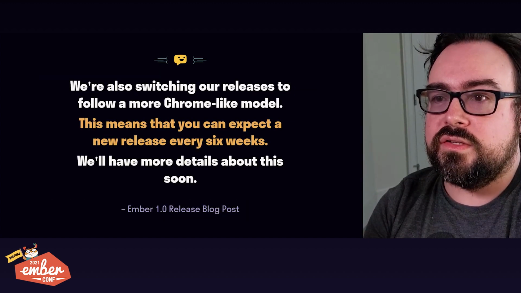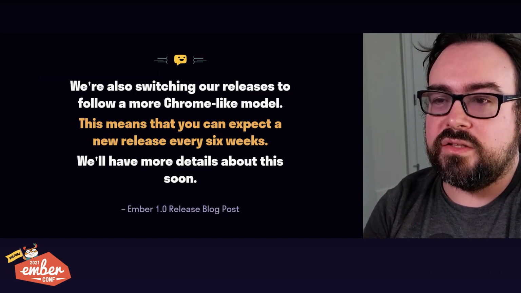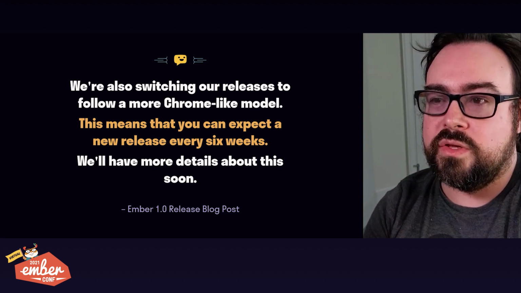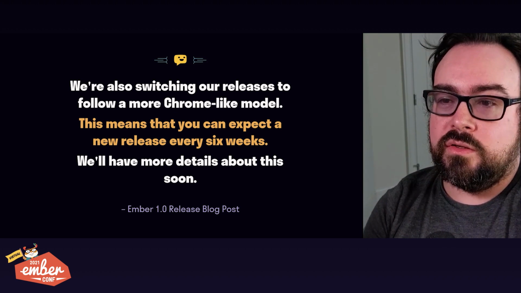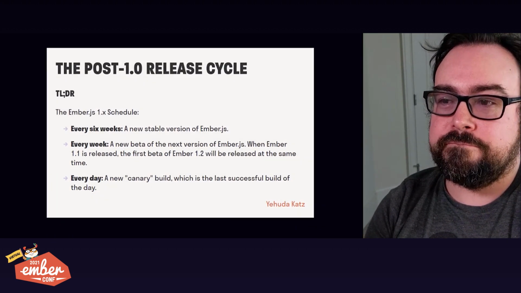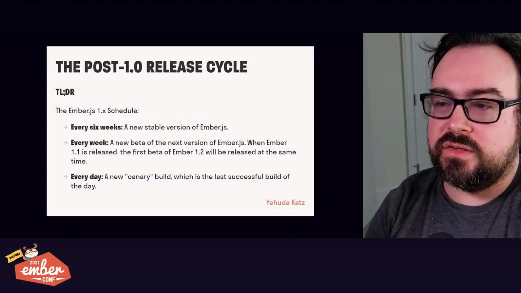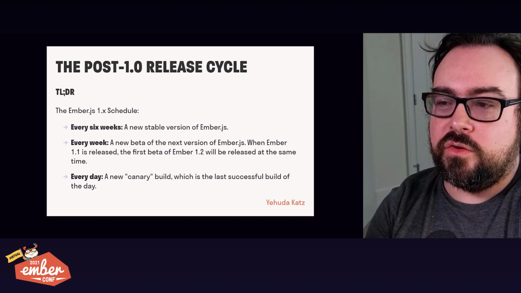This all looked great to us. It was finally a way of thinking about development that didn't introduce all these moments that triggered disruptions. We announced that we would follow the Chrome release model, with a release every 6 weeks. A week later, we announced the details of the plan. It looks a lot like the Chrome model.